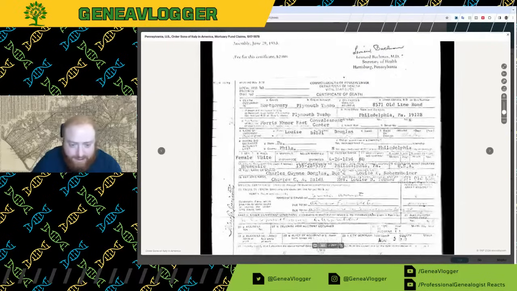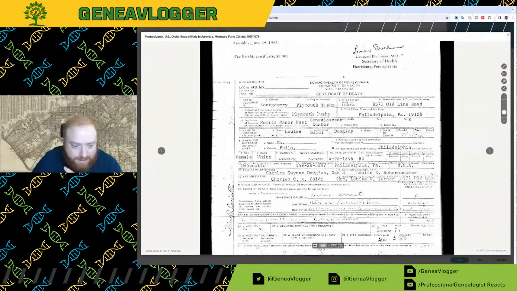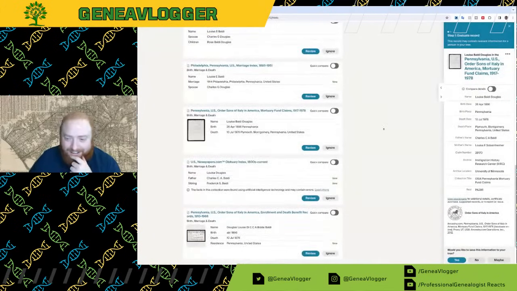Does it say date of death 76? 80. She was 80. And wait, so that's interesting. We'll have to see, was Louise Sobenheimer older? Because if Louise is deceased at 80 and it's saying her father's deceased, but not her mother, presumably her mom's alive, and that would mean her mom's got to be at least in her 90s. So, okay, that's very interesting.